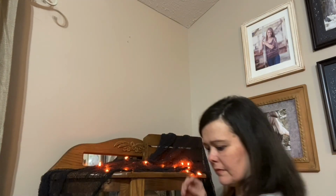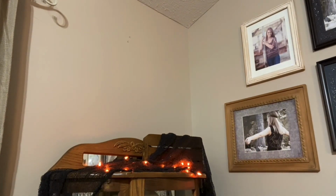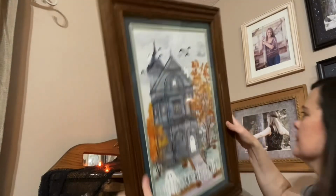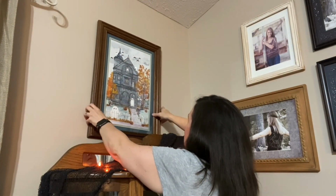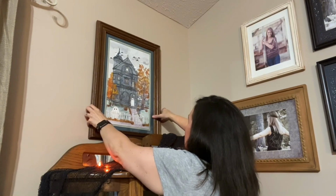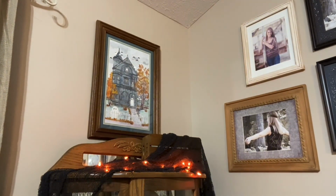Now in this particular vignette, I do leave some of the creepy cloth to where you can see it because I'm going to add some of my white ghosts over here, and I thought the white and the black would look nice together. Now this is the picture, the second picture that I made for the TikTok Paint a Ghost challenge,